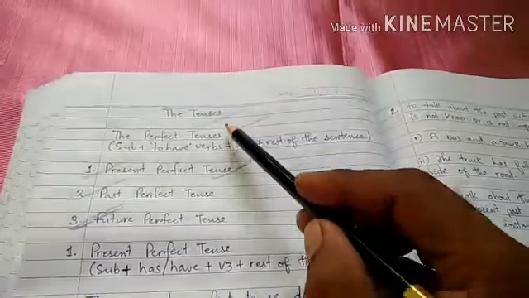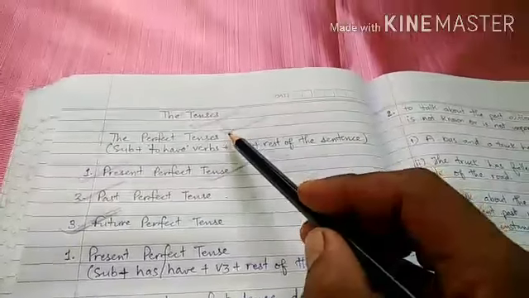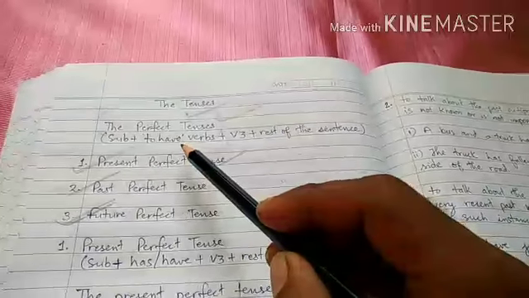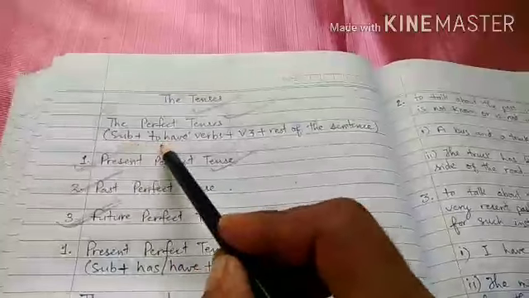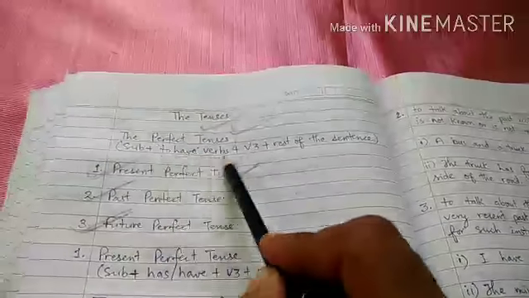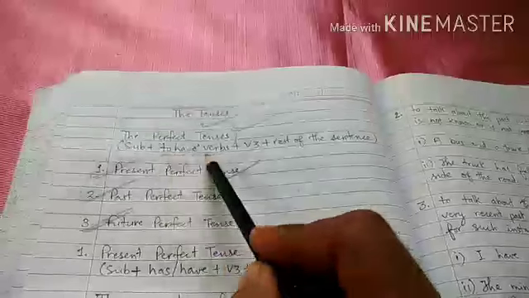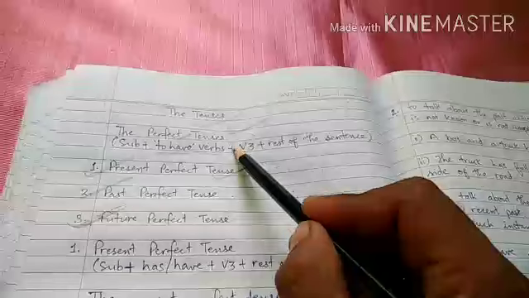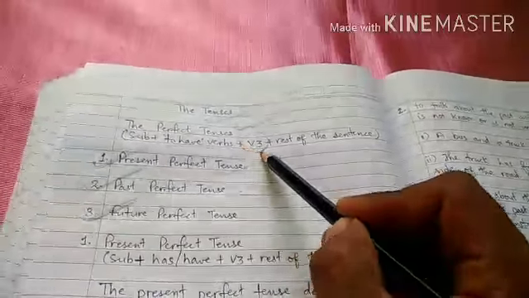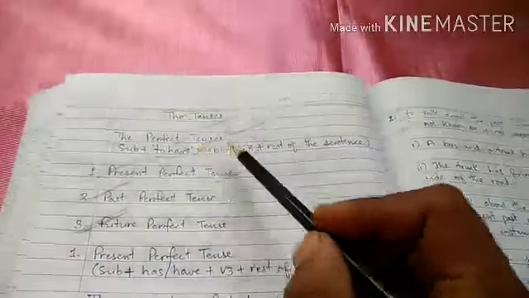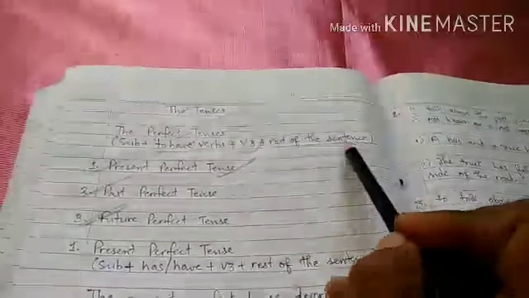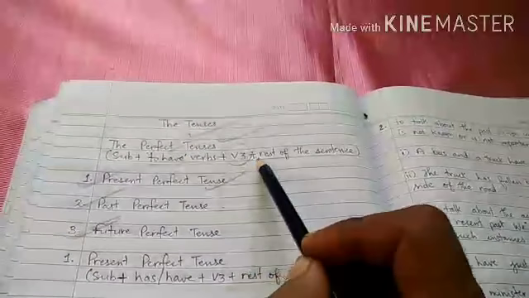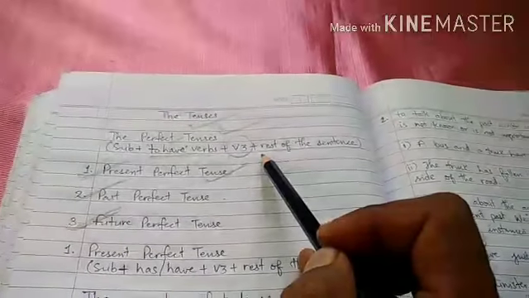That means we have to understand the sentence structures of all perfect tenses. Subject plus to have verbs. We use to have verbs as the helping verbs to frame the sentences in the perfect tenses. And after to have verbs, we use B3 form of the verbs, that means past participle form of the verbs. And after that comes the rest of the sentence. That means subject plus to have verbs plus B3 plus rest of the sentence is the structure of sentences in